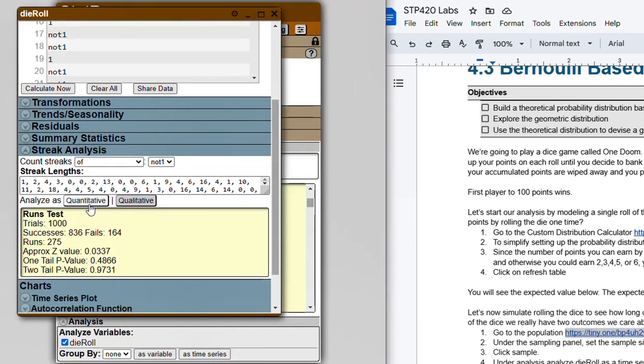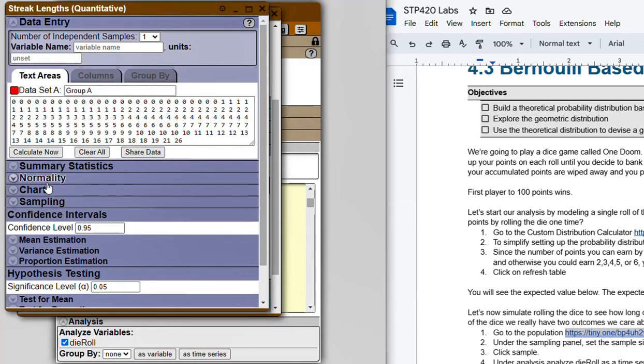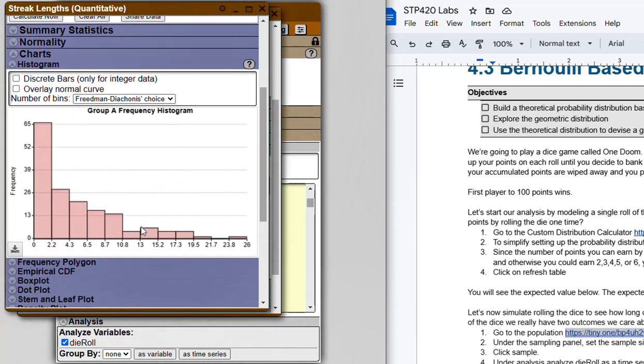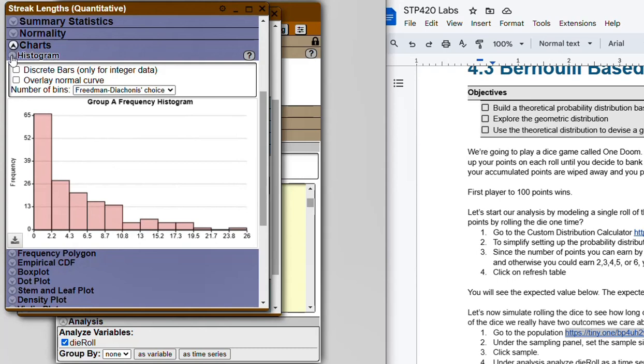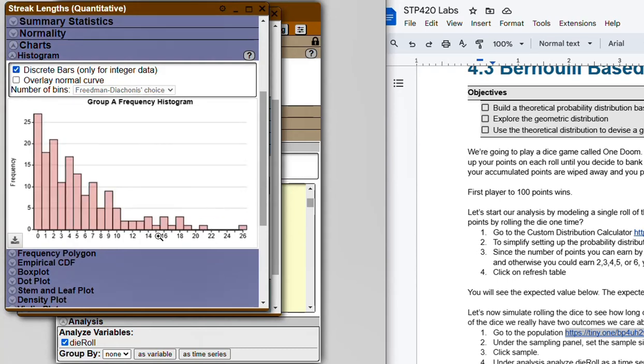We're going to analyze this as quantitative data. Let's look at the histogram. That's what the streak length looks like. They're actually discrete, so let's look at it in discrete bars. This is what you should expect when you're rolling a die, the streak length for 6. The number of rolls it takes until you roll a 1 is modeled by this. It's actually a geometric distribution. We could model it